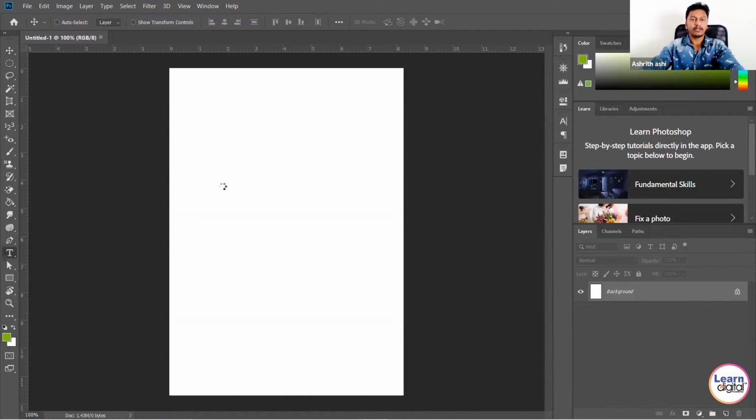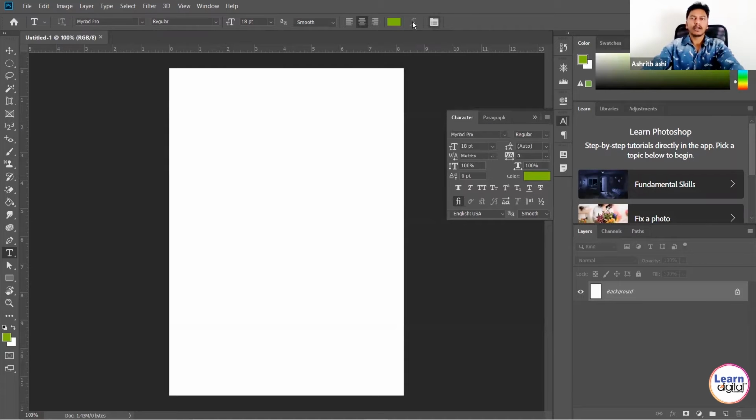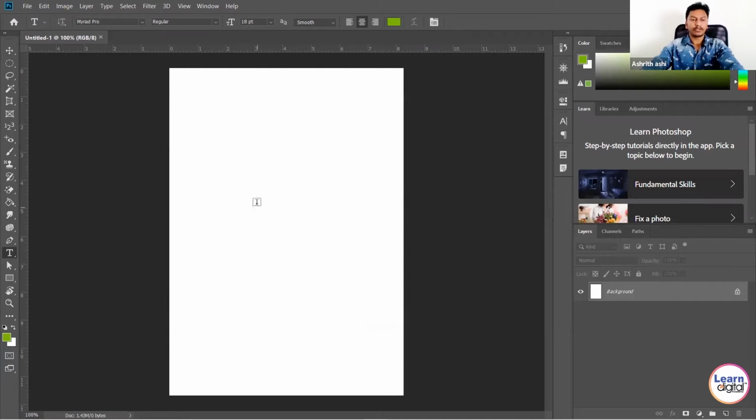Once you select it, at the top end you can see the font name, font style, font size, and font properties like left alignment, center alignment, right alignment, font color or text color, and some character and paragraph settings over here. We'll discuss them one by one. Whatever you want to type, you can type. For example, I'm creating